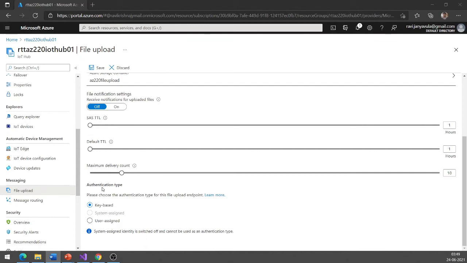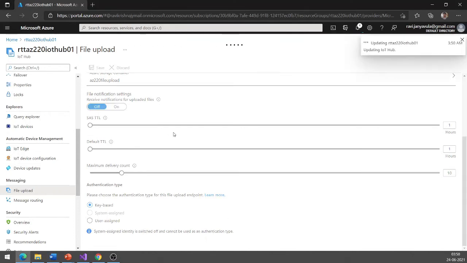Okay, and the authentication type for the file upload endpoint, as of now I am just keeping it as key based. Okay, I'm saving this.